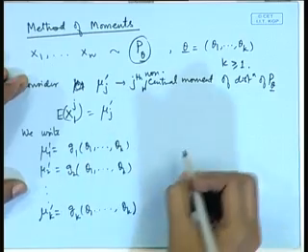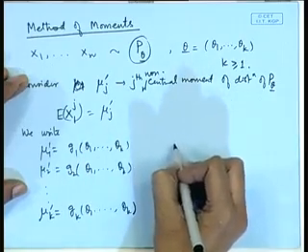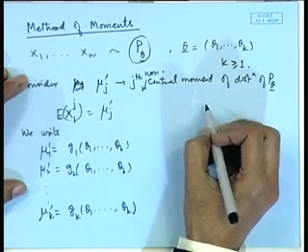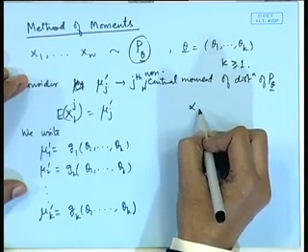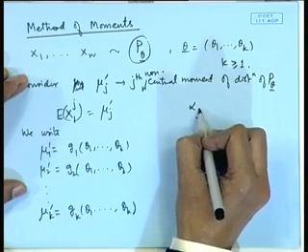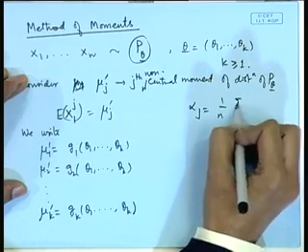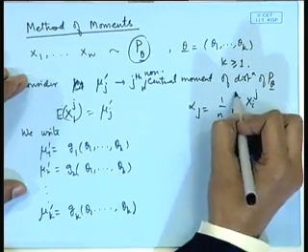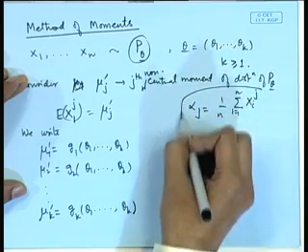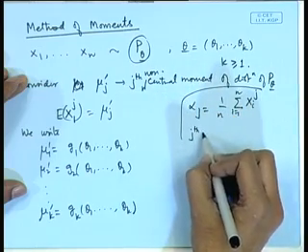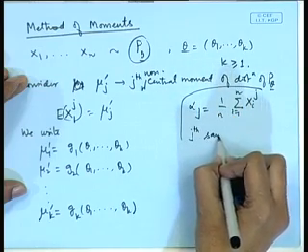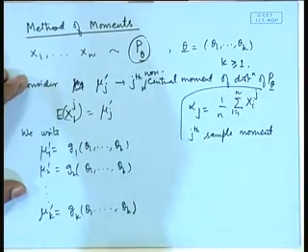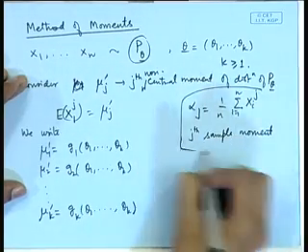Now, estimate. Let us write here, I define alpha j. So, alpha j I define to be 1 by n sigma xi to the power j, i equal to 1 to n. That means the jth sample moment. If we consider this,